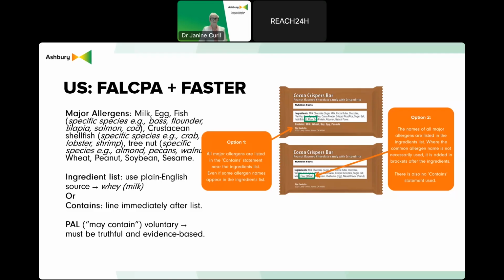How do you declare them? Well, there are 3 options for food allergens listing in the US. This slide shows 2 of these ways of presenting food allergen information on pre-packaged foods. Please be aware, however, that individual state laws may also apply. And this example is taken from the FDA site about the Food Allergen Labelling and Consumer Protection Act. Unlike Australia and New Zealand and the EU and Great Britain, foods sold in the US do not require allergens in bold or underlining their name. And depending on the option applied, a contained statement is not mandatory.